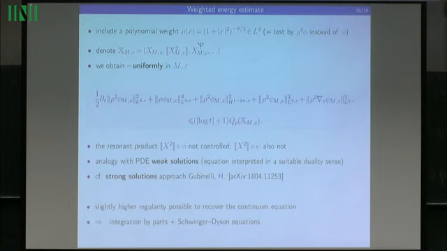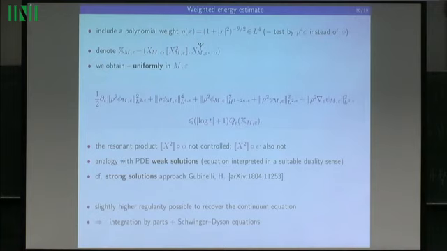So maybe the way to see this approach, it's kind of an analogy with what is called PDE weak solutions, when an equation is satisfied in a suitable duality sense. So here you would need some kind of paracontrolled test functions, and then the equation can be formulated. And this is opposed to our previous paper with Massimiliano, where this is what I would call strong solutions. So there, well, we got stronger estimates than these, but also the decomposition was much more complicated and there was much more work. So somehow our goal in this second paper was to have a very simple approach which is sufficient for constructing the measure but maybe isn't enough for passing to the limit